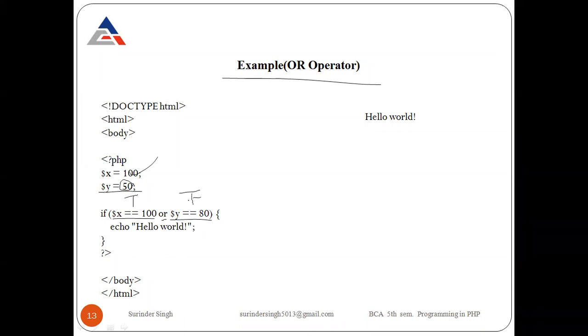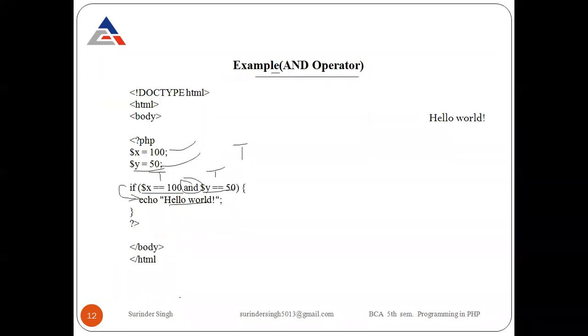Now true or false, we are getting the result true, because in case of OR, if one condition is true, then it will return true. But in case of AND, both conditions are compulsory